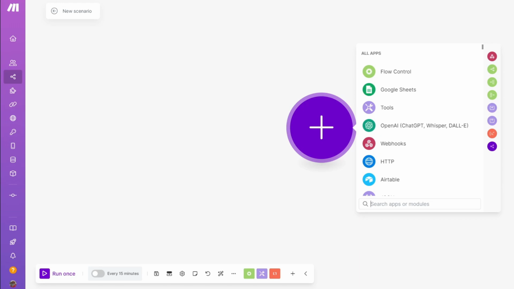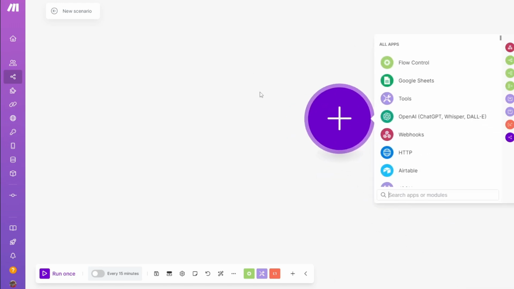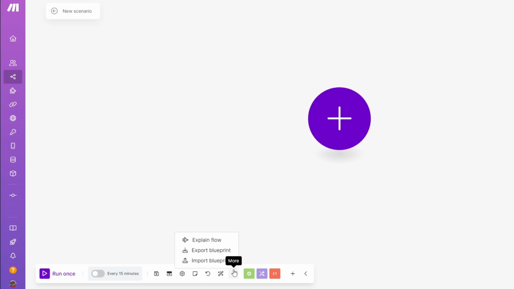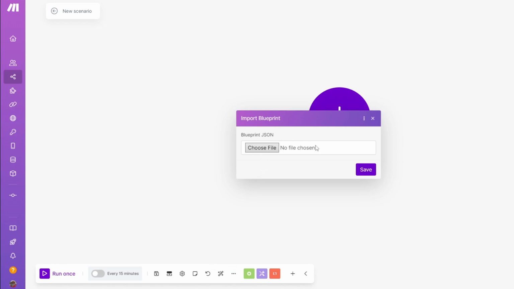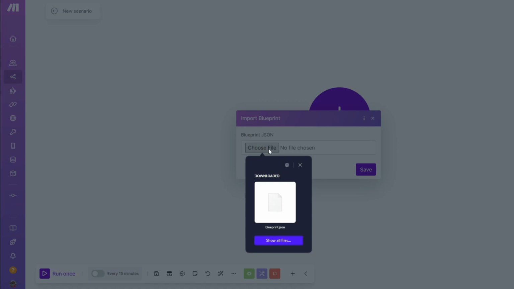scenario category. Now to do that, it's once again extremely simple. Go ahead and click on the more button or the three dots at the bottom of your screen. Click on the import button, and from here you simply want to click on the choose file. It will open up your own files right here, and you can just go ahead and click on it. If you cannot see it from the pop-up menu, you can just click on the show all